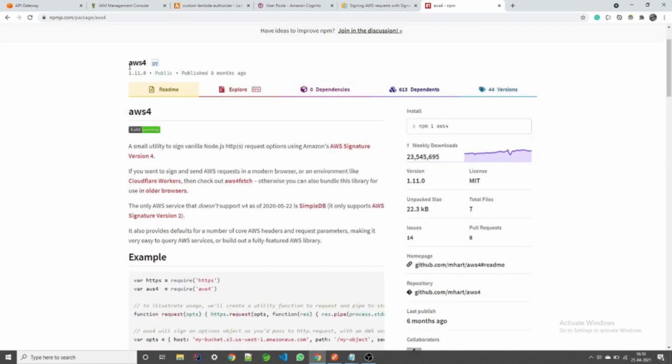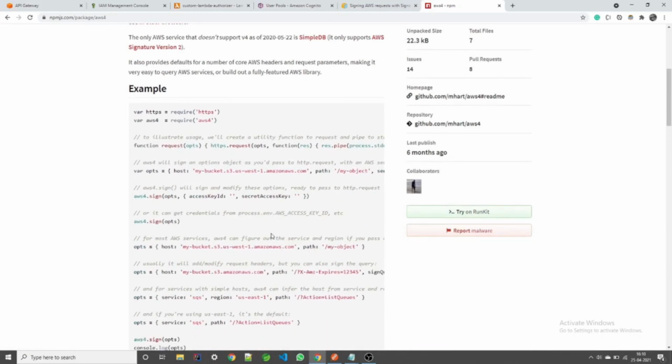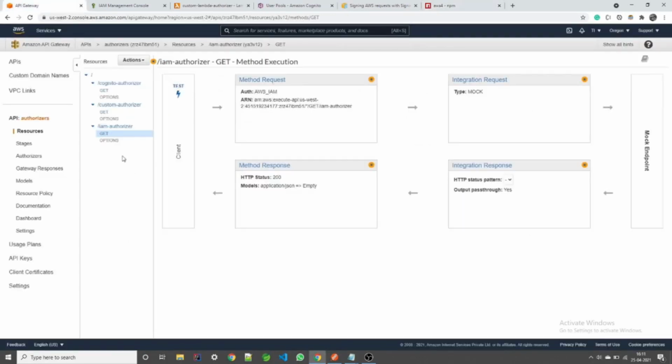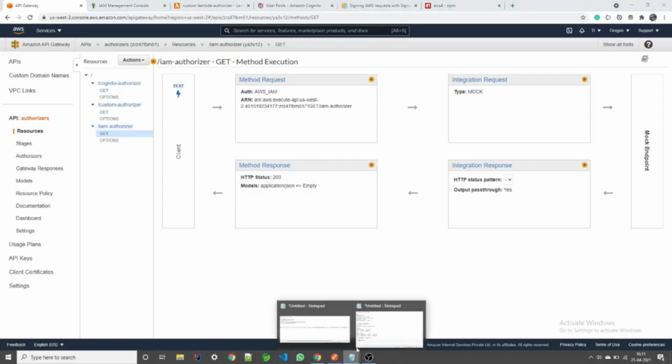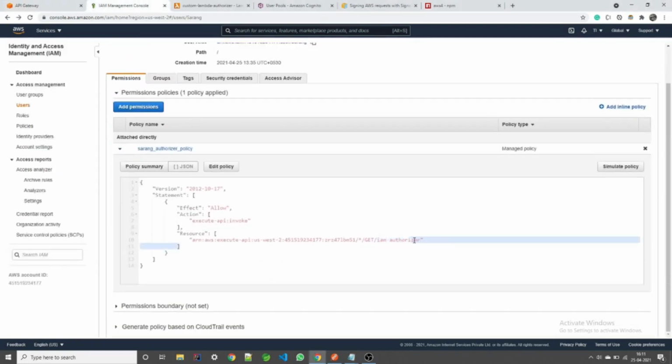Let me know in the comment section if anyone is facing issues while invoking this API or calculating the signature. So what we have understood is, when you have the AWS IAM authorizer, you need to have a few parameters in the headers, and those are nothing but the signature. So we have completed one part: the AWS IAM authorizer is accessible to an IAM user if that IAM user has access to the resource. The IAM user was able to call the resource because in the policy we have given the access, right?